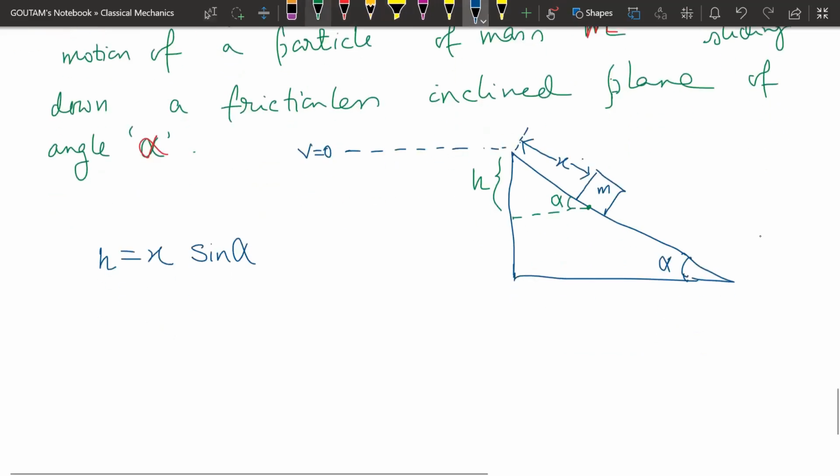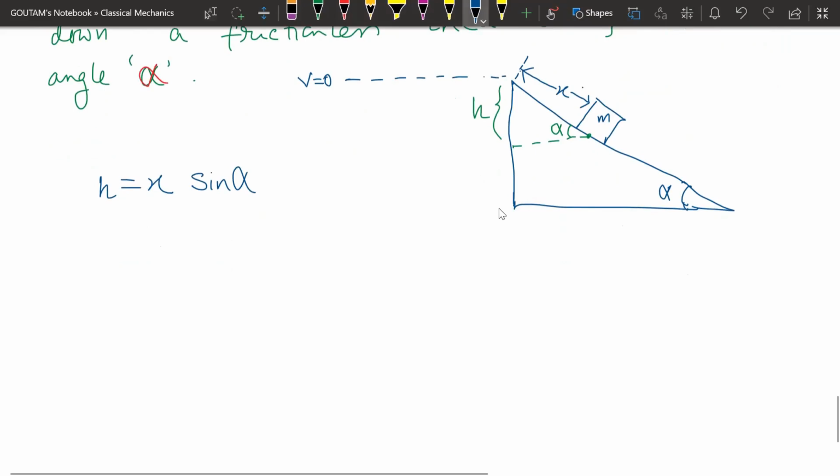So in that case, here the potential energy was zero. Now if the vertical distance traveled is h, the potential will decrease. It is decreased by how much? mgh. So the potential at this point of this particle will be minus mgh,